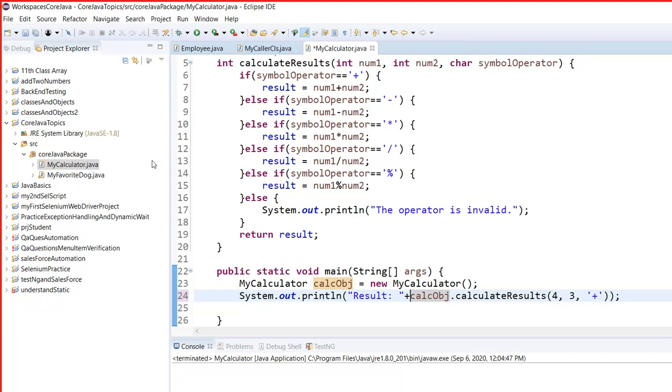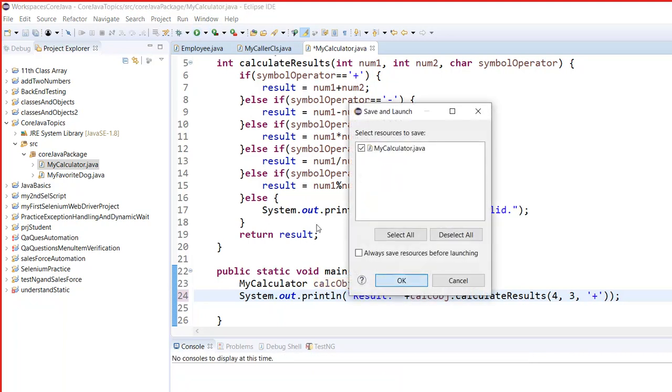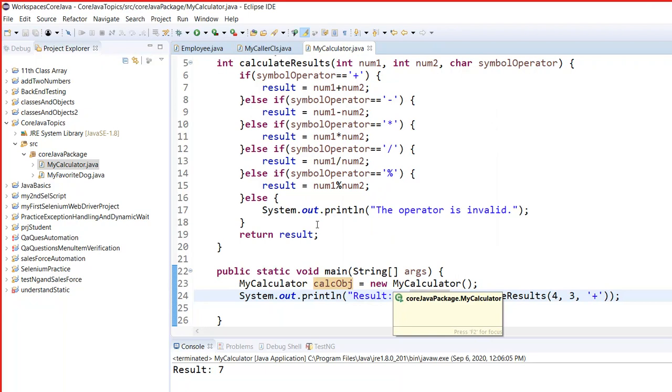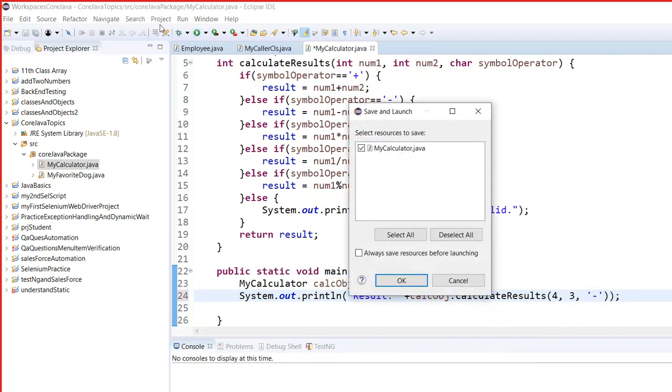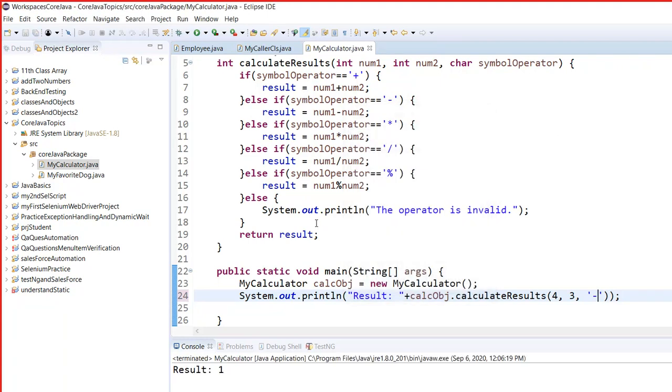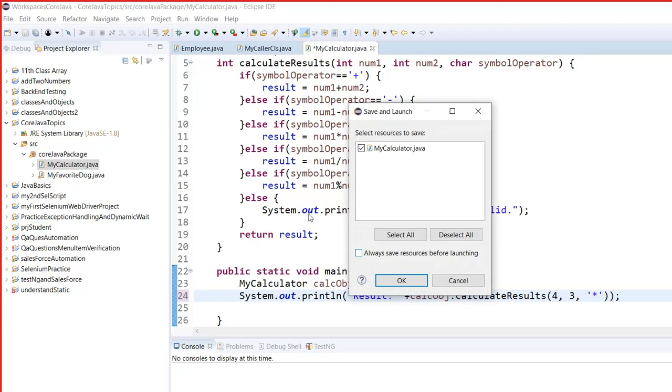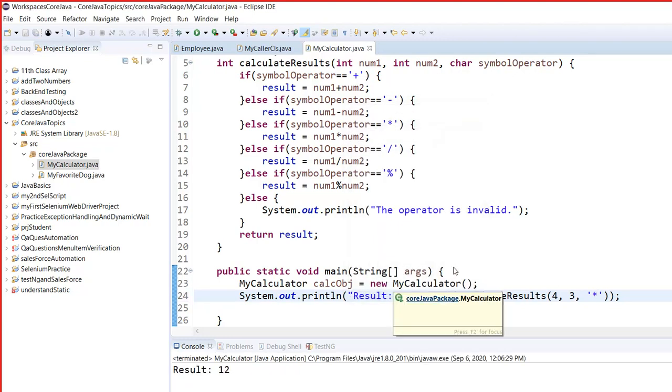Definitely. So now if you execute it, you will see that result equals 7. If you put minus, 1. If you put multiplication, 12. If you put division,